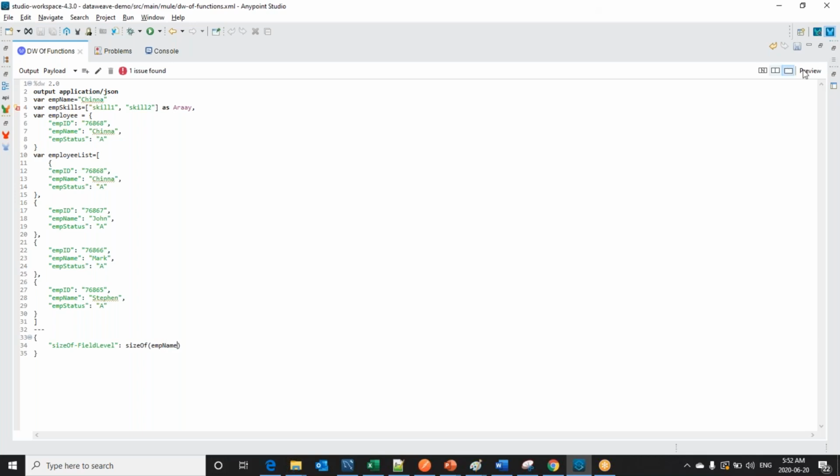That will give me the size as how many characters it has. And next, let me get the size of at array level. So I should go for size of emp skills.